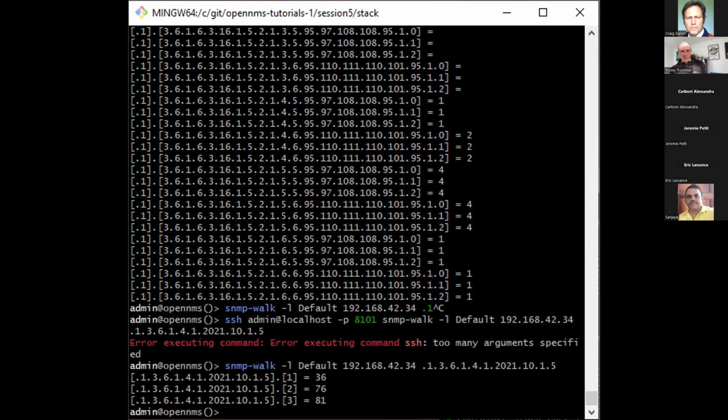I understand. One last question, Ronny, here. Still from that screen, we can see the -L default option for the snmp-walk command. So -L, I guess it means location, probably. It's true, yes. But does it mean that snmp-walk knows about the OpenNMS locations, or is it a location that has nothing to do with OpenNMS locations?